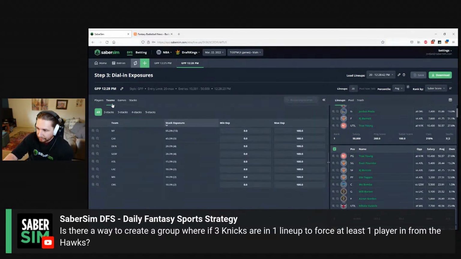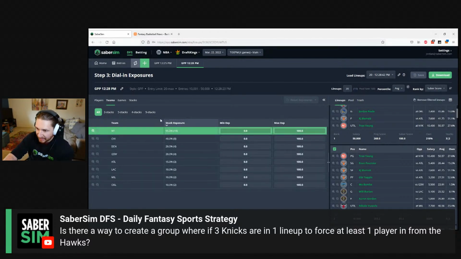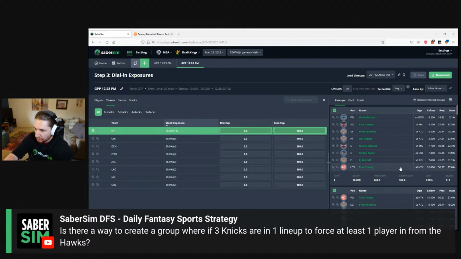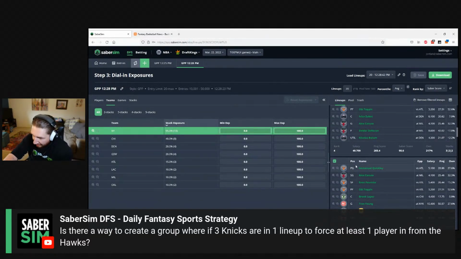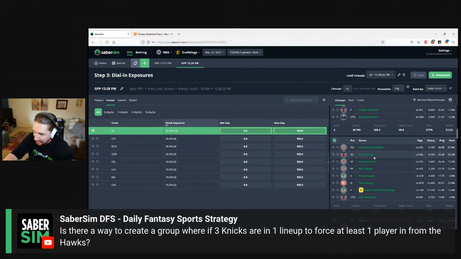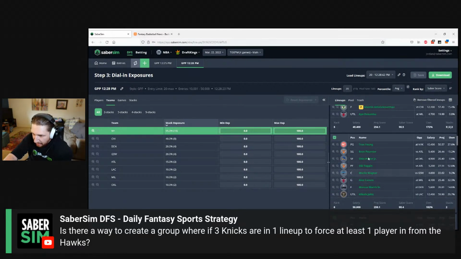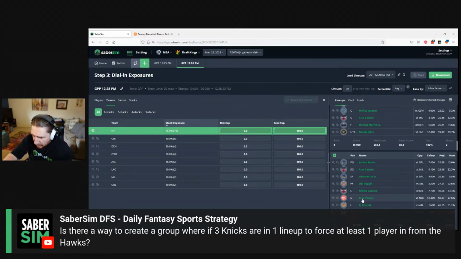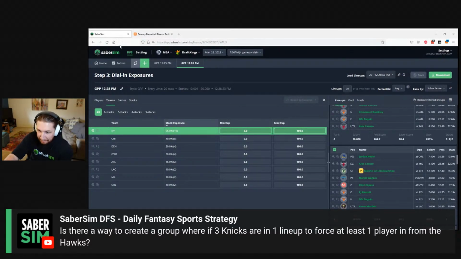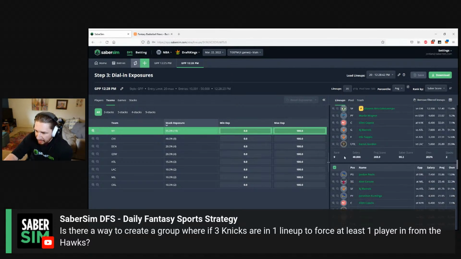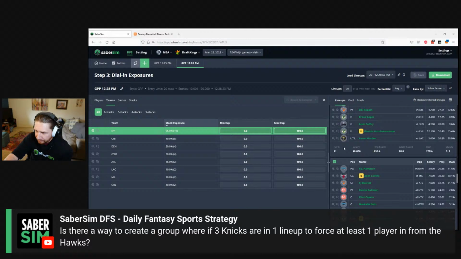Correlations, there are negative correlations between every player on the same team, right? And the Knicks are in a really good spot tonight where they're just projected very well. But I think this will help that along. So here's 3 Knicks, no Hawks, right? Oh yeah, no, Trae's in that lineup. So yeah, actually it seems like this has kind of helped. So I would experiment with going that route. And if you're finding that it's not helping enough, maybe even try bringing up that correlation a little higher. But it looks like this has actually helped quite a bit.